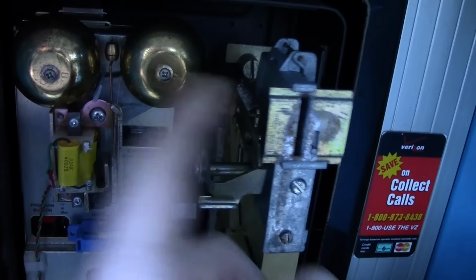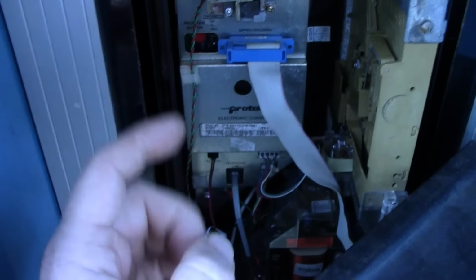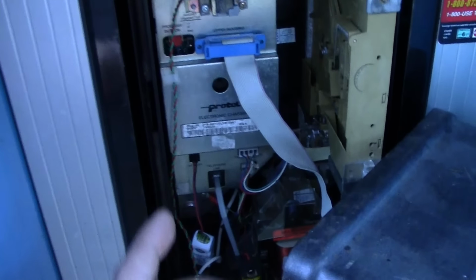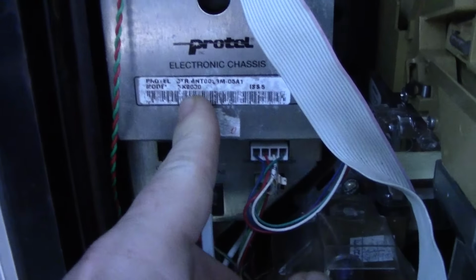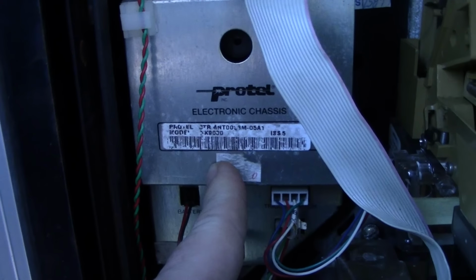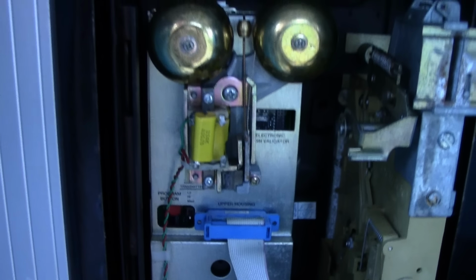For money, it takes quarters. American quarters. It's been very fussy with Canadian quarters. But my main issue has been these Protel units, while there is supposedly a quantity of documentation available for these, and what was this one? It's like K9000 or PK9000. I have to double check again. I have some of it inside. What I've found is that it's difficult to understand, and I've been struggling with it. In fact, I got kind of frustrated, and I just forgot about this for the rest of the